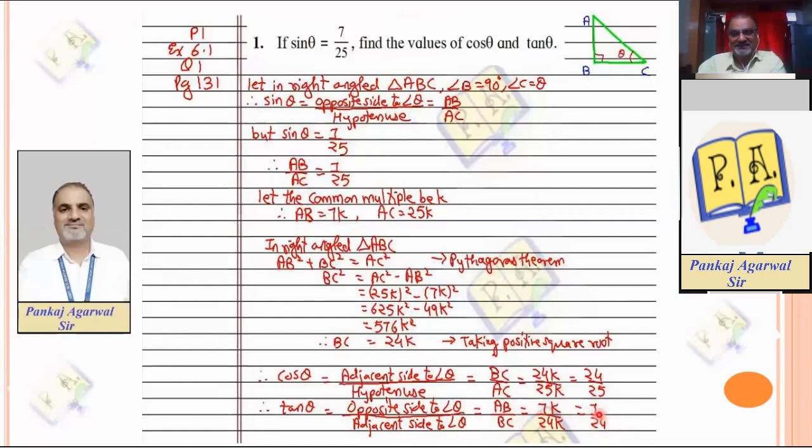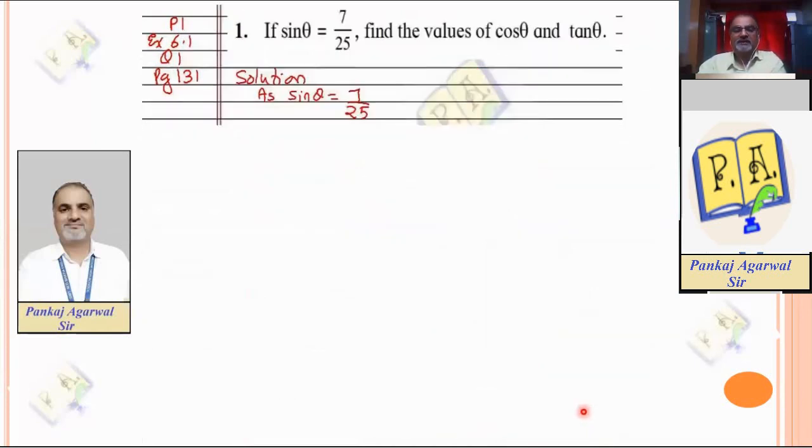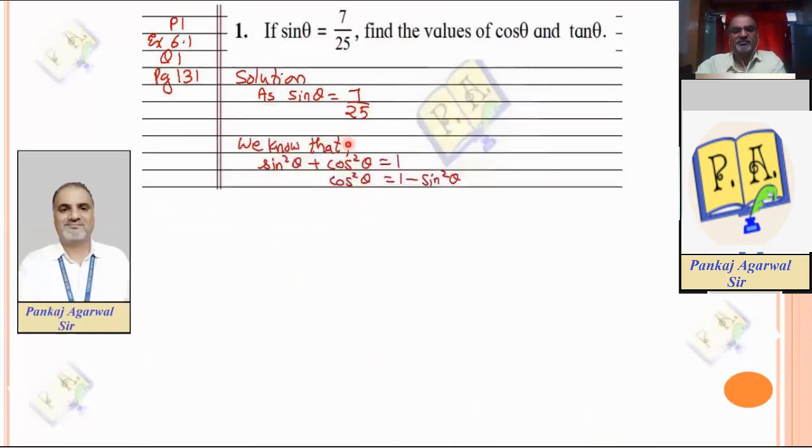But in 10th standard, we expect our children to use an alternative method, and that is called the identity method, using trigonometrical identities. So let's do this answer once again. It is a shorter method and you will like this method as faster and better. What is sin theta? 7 upon 25. So we know that sin square theta plus cos square theta equal to 1. Therefore, what is cos square theta? 1 minus sin square theta.